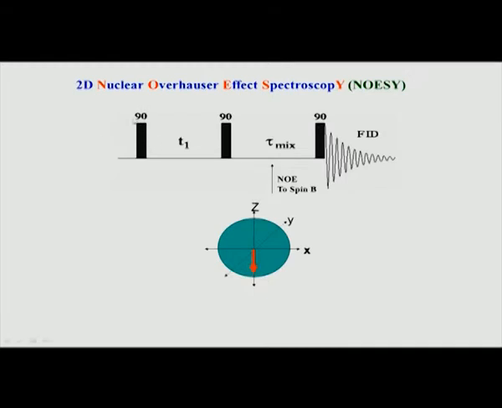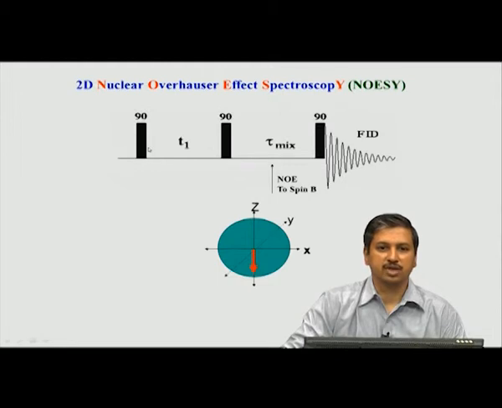So, what we do is we have a 90-degree RF pulse which is applied on the proton channel, that is on the hydrogen. Then after excitation, there is a t1 evolution. This is similar to what we have been doing in all the other experiments. Once you do that, you allow it to evolve. We will see this mathematically shortly. Then you apply one more 90-degree pulse after some time, and after application of this pulse, the magnetization vector comes to the minus z axis. Once this happens, it starts relaxing back towards the positive z by T1 relaxation.